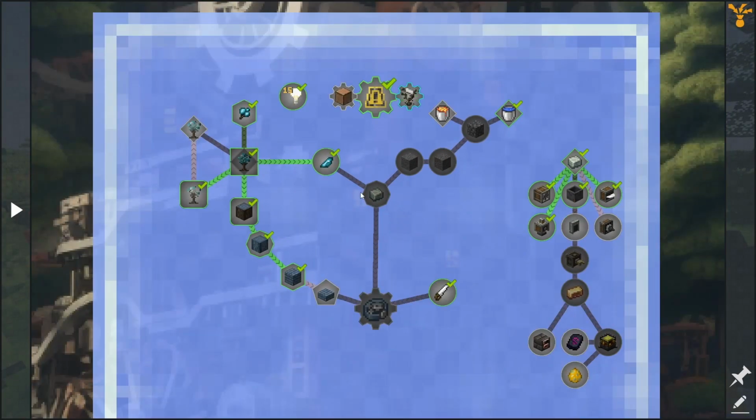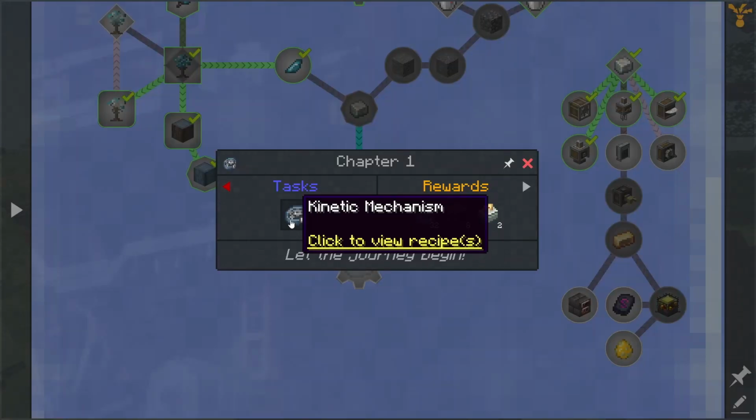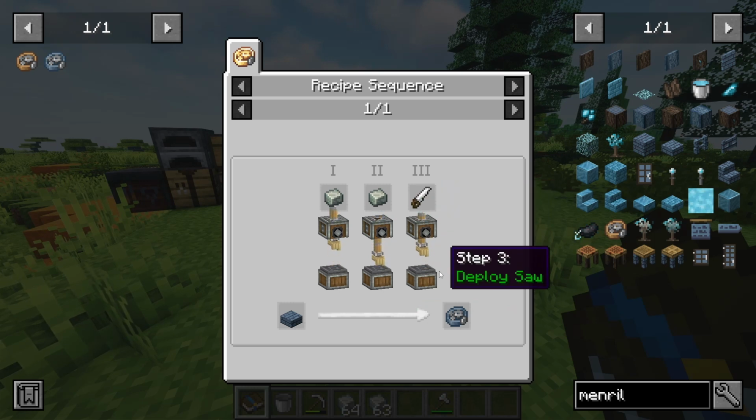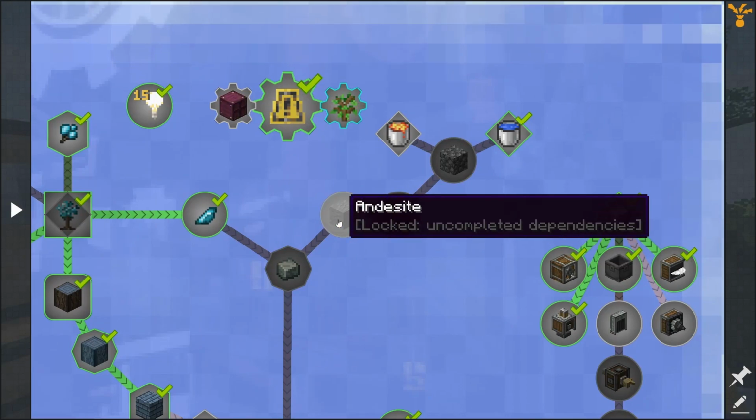Anyway, today we are going to be jumping into the second chapter, where we're going to need to automate these kinetic mechanisms. Fortunately, I believe this process is going to be super easy to do, so why don't we jump right into it? The first step we're going to be taking is getting some andesite automated